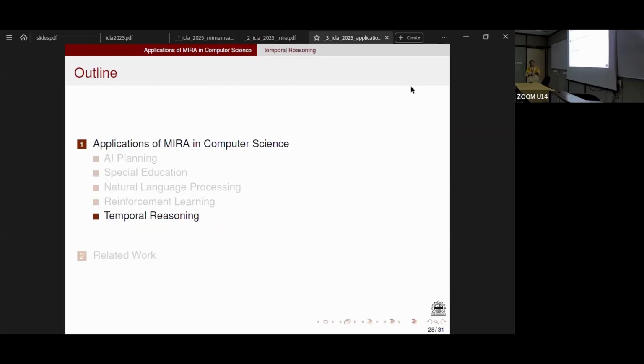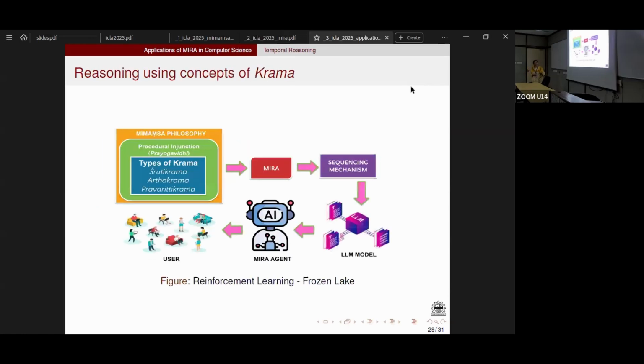And the recent work that we have done is temporal reasoning, where we use the Krama aspect of it. We have the Krama aspect and expanded MIRA on top of it, with a sequencing mechanism, and we are also trying to build a MIRA agent with respect to an LLM on top of it, so that it can be used by a normal user. The idea is, given some statements, can they be sequenced? And this work will be presented during